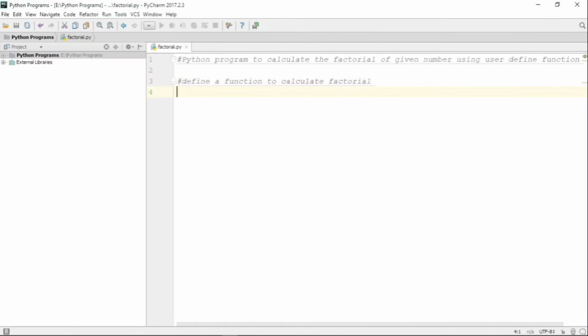So define a function to calculate the factorial. So below what we will do is we will see how we can write our own defined function in Python. So to define a function, the keyword used is def and the name of the function given here is factorial. So it is not so that for your factorial program you need to give the name factorial. You can give any name, and this function takes one argument as an input for which the factorial is calculated. So we have named that as n.